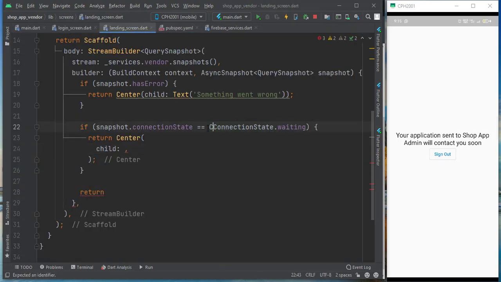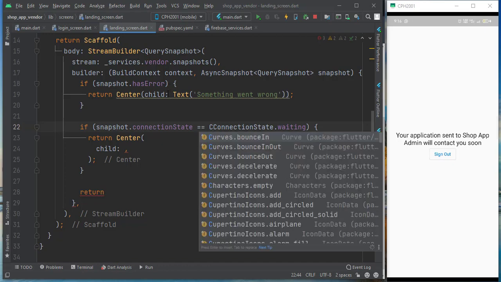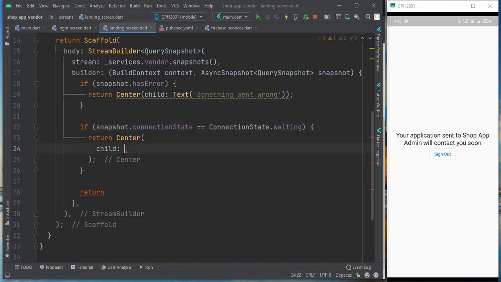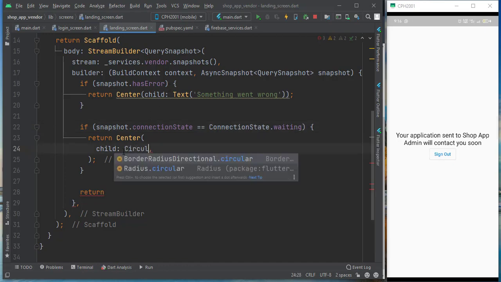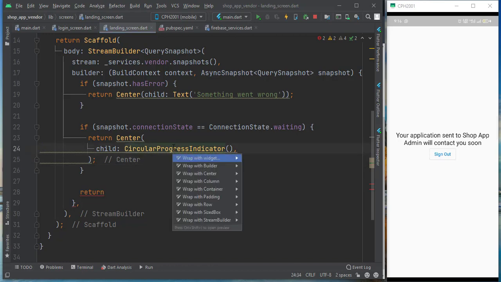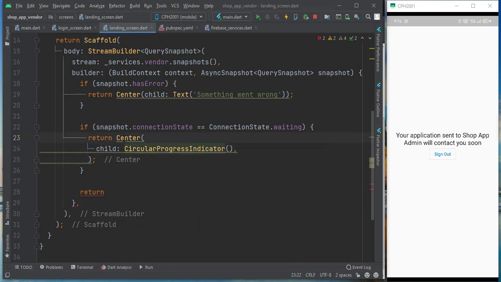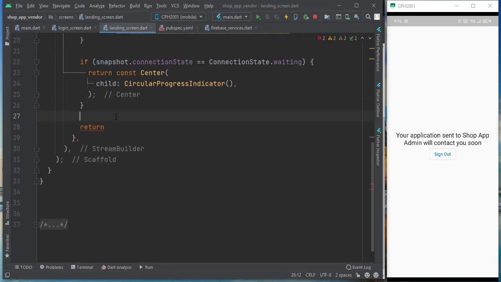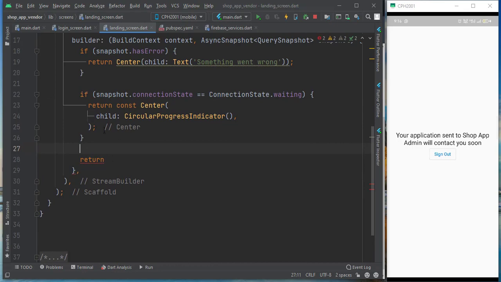Okay, I will just use now circular progress indicator. So until it gets connected, this progress indicator will show there. Then next